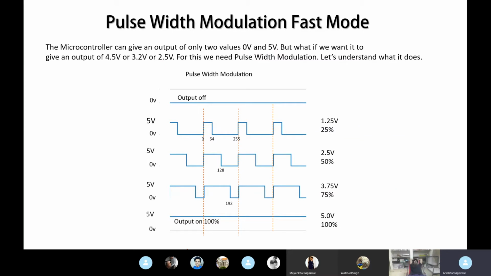point. And when we are keeping the microcontroller high for all the period, like for all the time it is high, then it's a normal DC output of 5 volt, and if it is low, it's a DC output of 0 volt. Am I clear? Is there any doubt till now? Because after this, the code is just the implementation of what I have told you till now. So if you have any doubt, please tell. Okay, I'll proceed then.